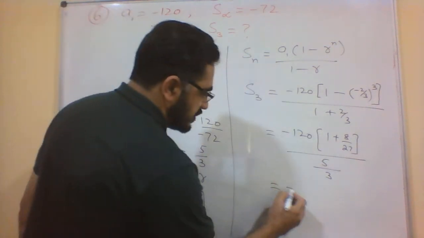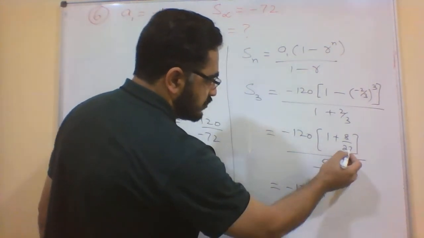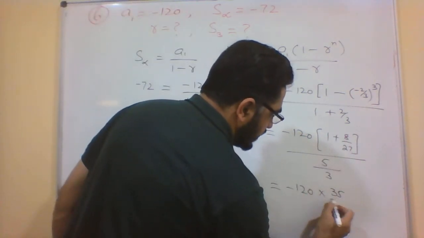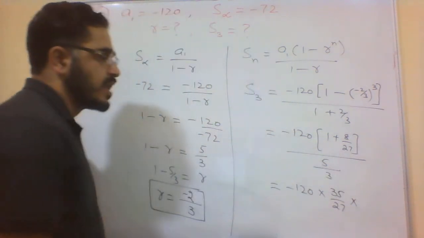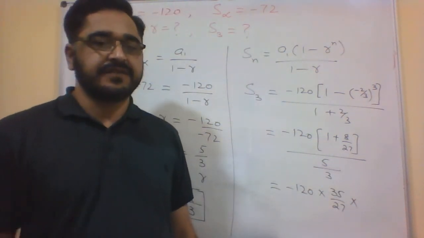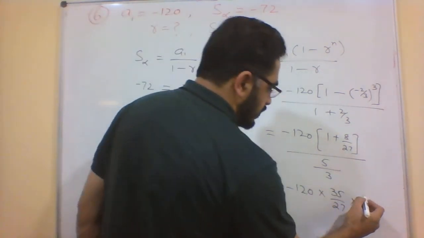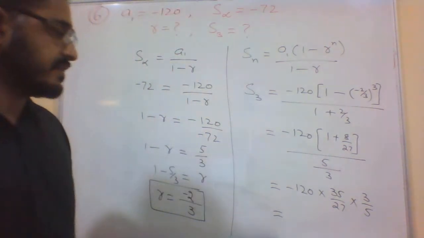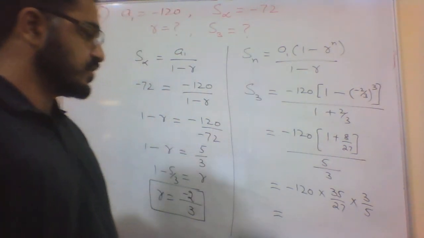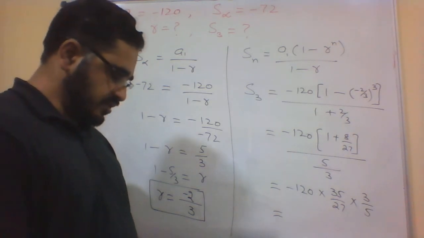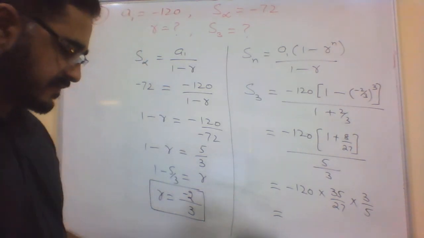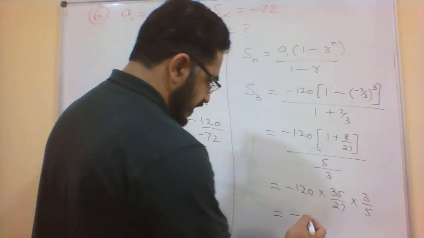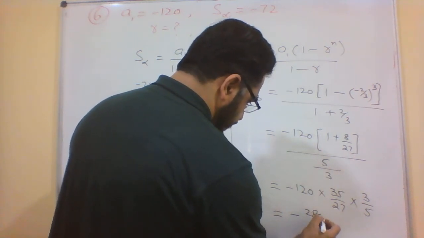For further simplification, minus 120 into 27 into 1 is 27, 27 plus 8 is 35, divided by 27, into, in the denominator 5 by 3, when we shift it into the numerator it will be in reciprocal form, 3 divided by 5. Now we have minus 120 into 35 into 3 divided by 5, and when we simplify this one, here we will get minus 280 divided